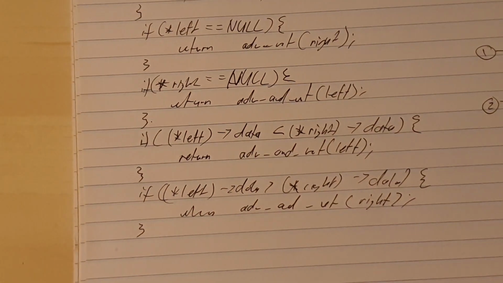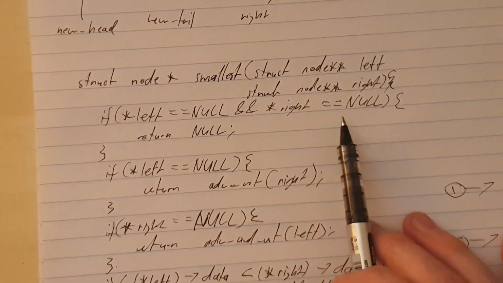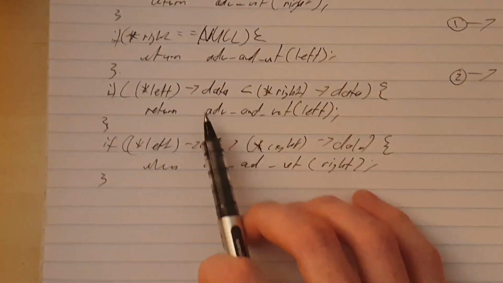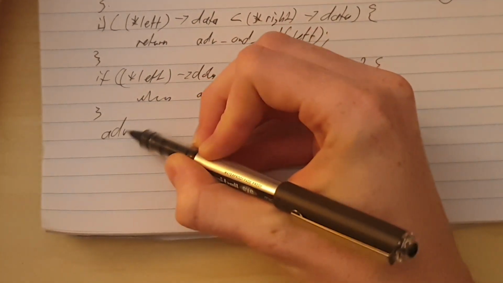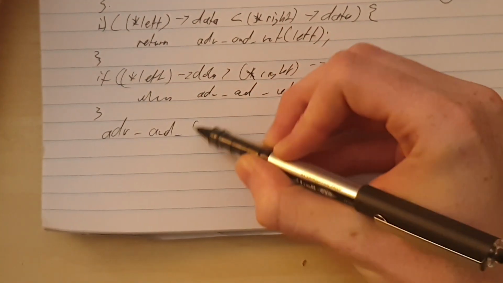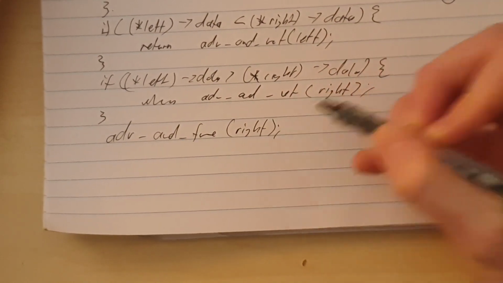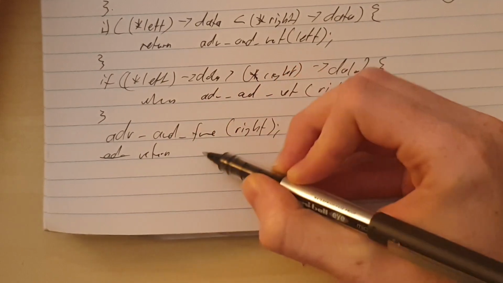If they both happen to be equal, right, down the bottom here. So one wasn't less. So first off, both of them weren't null. Left wasn't null. Right wasn't null. Left wasn't smaller. Left wasn't bigger. That means they must be the same. So in that case, we want to advance and free one of them. It doesn't really matter which, but I'll say the right one. And then we'll advance, and then we'll return, advance and return